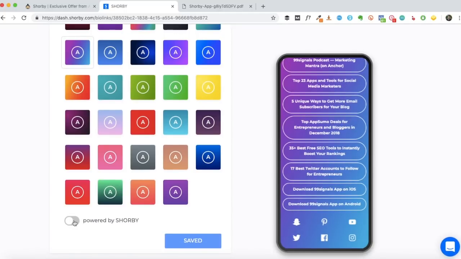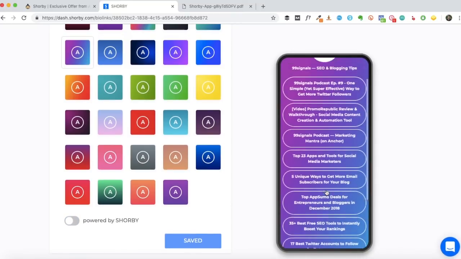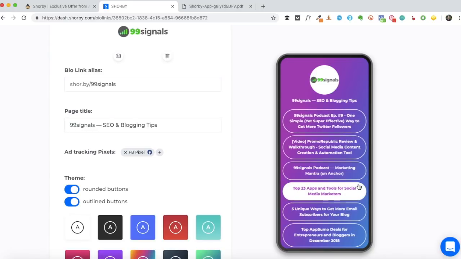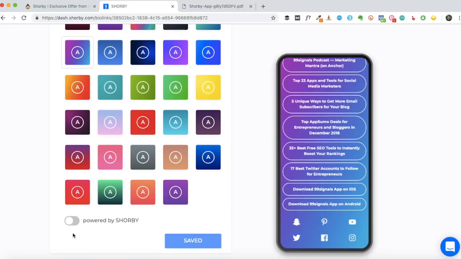And then by default, you'll see something called Powered by Shorby at the bottom. So when users click on this, they go to the Shorby website. So if you want to remove this, you can just deselect this. It looks more professional this way. It really looks like a custom page. So it's really cool that Shorby has given this option on their basic plan, and it's included in the AppSumo deal. A lot of basic plans usually have an affiliate link at the bottom, or just a link at the bottom so that they can get a lot of referral traffic from their users. But luckily you can remove this if you don't want any traffic to go to the Shorby website.